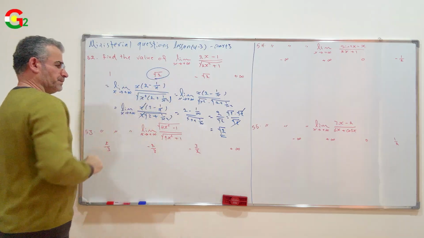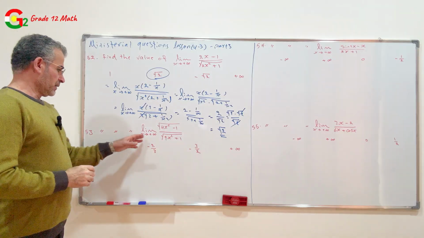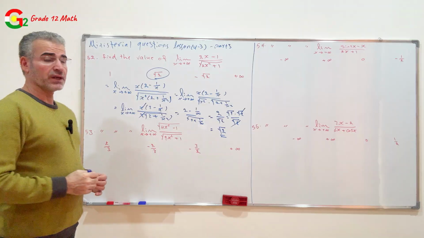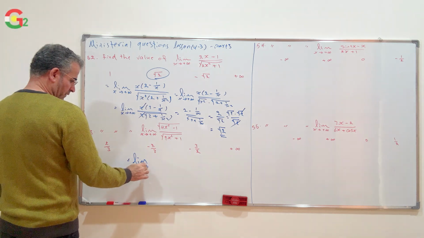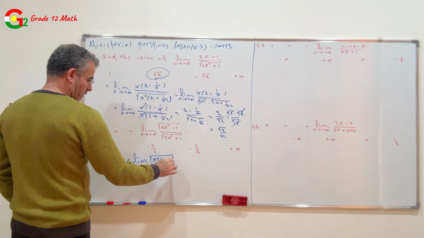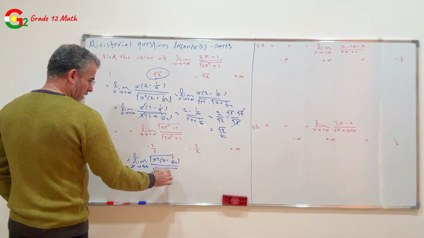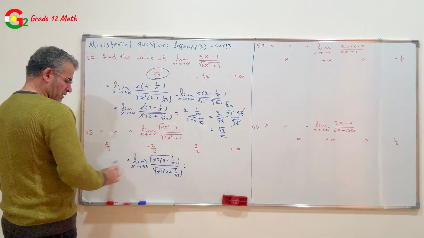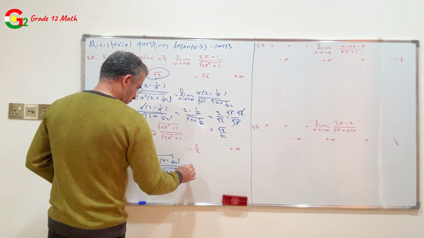Choice B. Question number 53. Find the value of the limit as x approaches positive infinity for square root of (4x² minus 1) over (9x² plus 1), equal to the limit as x approaches positive infinity of 4 factorized by x², (4 minus 1 over x²) over square root, factorized also by x², (9 plus 1 over x²), equal to, since x approaches positive infinity, square root of x² equals x. It will be the limit